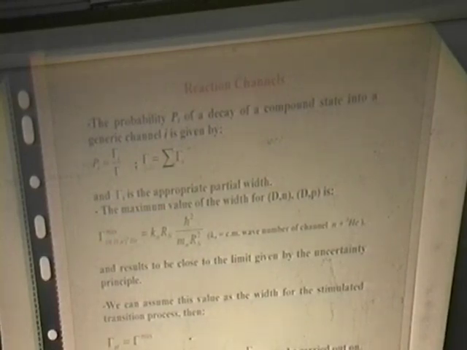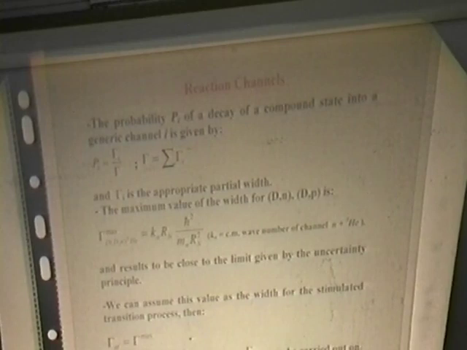For the deuterium reaction in vacuum, we know that the maximum partial width is given by this relationship, and the result is very close to the limit given by the uncertainty principle. So we can assume that in our system, this